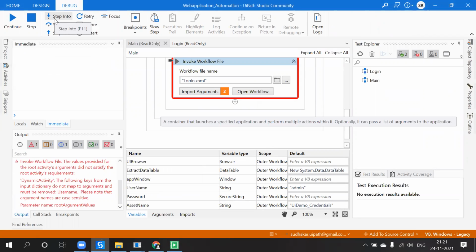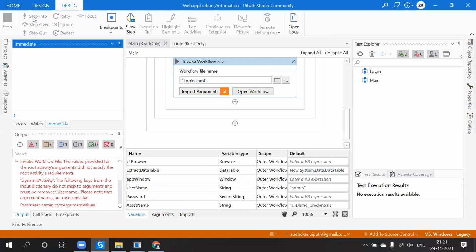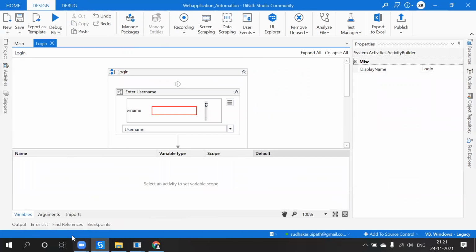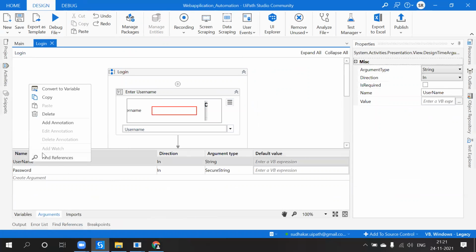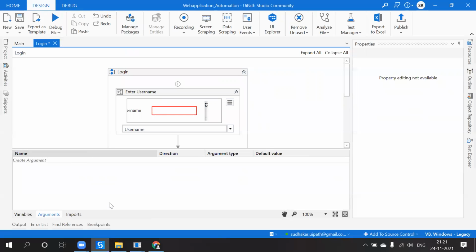Please note that error. So whenever we are passing the values, we have created arguments here as well. That's what they are telling. Please remove this.